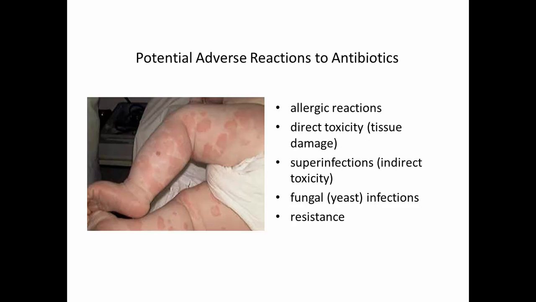Those superinfections occur especially when antibiotics are used for a long time or if they're repeated again and again. The reason we call it a superinfection is because the new infection is superimposed on the original infection, and it can be life-threatening. The last one is resistance, and I'm going to spend a little bit of time talking about antibiotic resistance